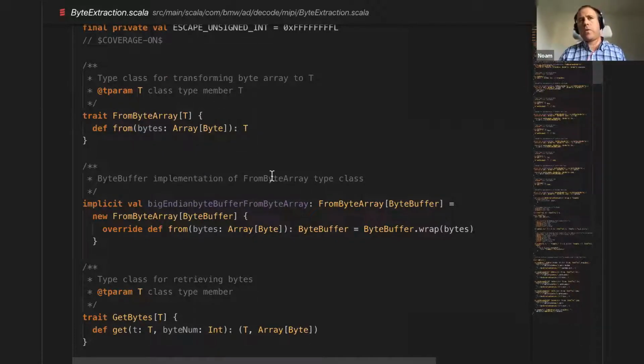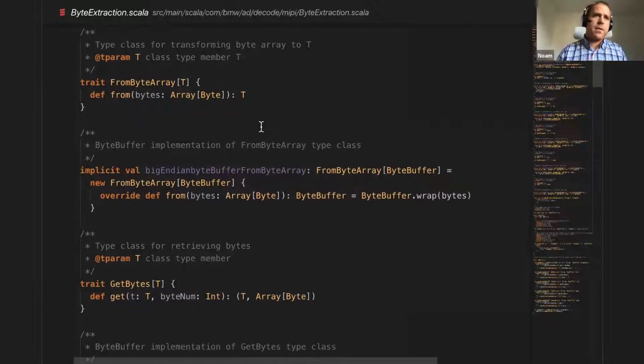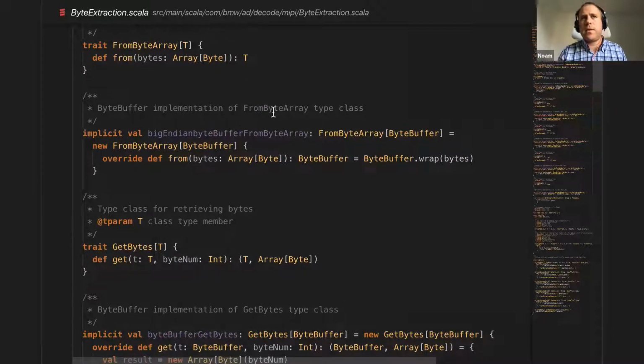What I want to achieve here is to be without side effects, because I think everybody on this call knows that side effects are bad. But working in the domain where we handle byte arrays and such,